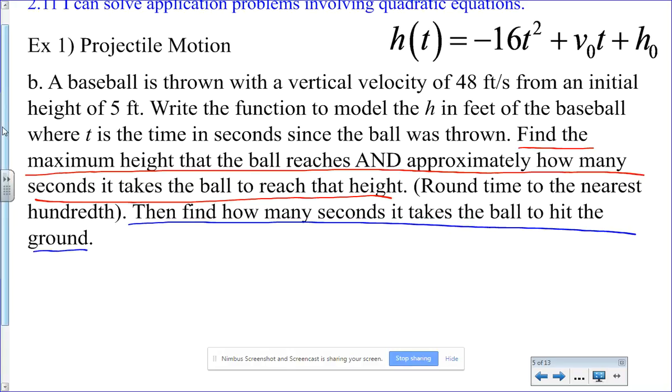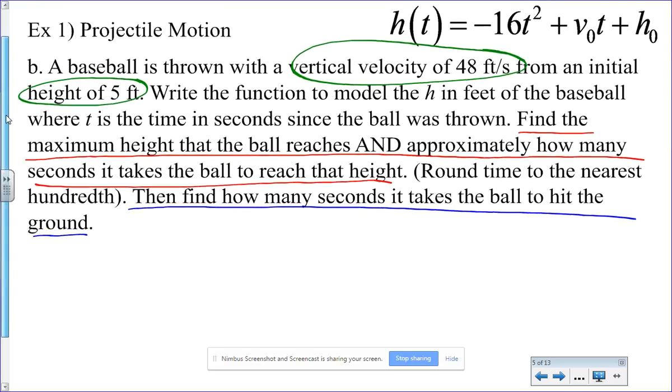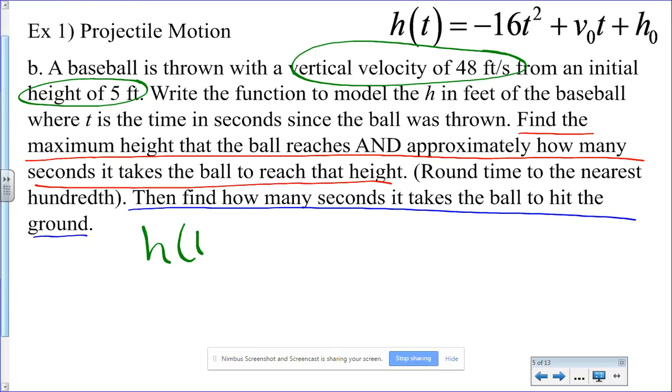Okay, before we can do any of that, we need to use our initial vertical velocity and our initial height to write the function. So we're going to have h of t equals negative 16t squared plus 48t plus 5. Now, you can go ahead and do this one by hand. You can do the opposite of b over 2a and plug it in